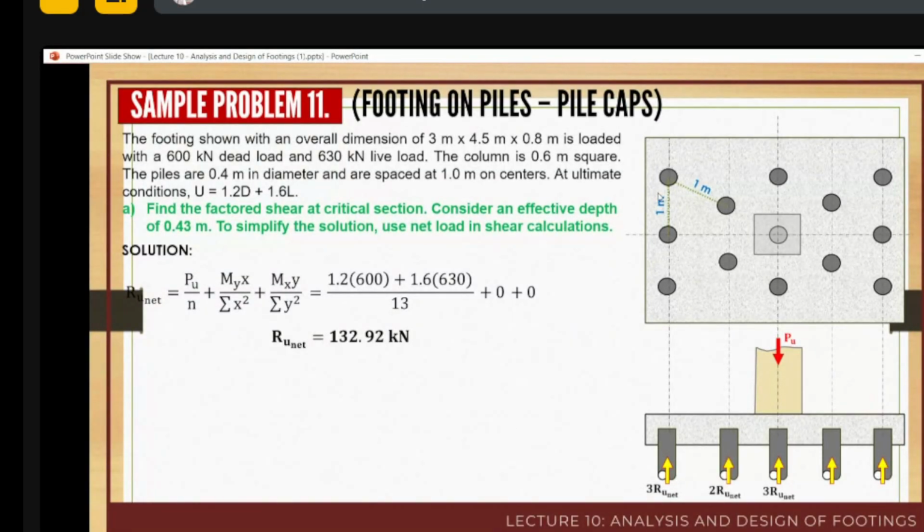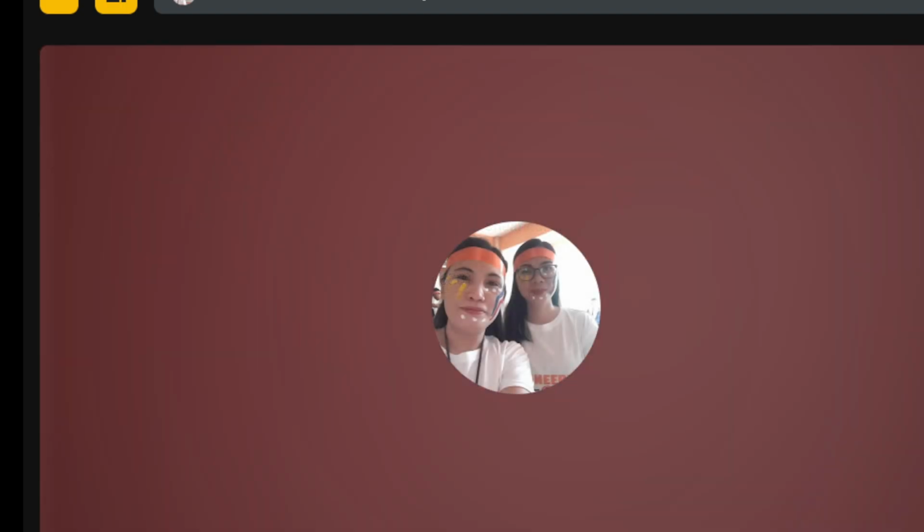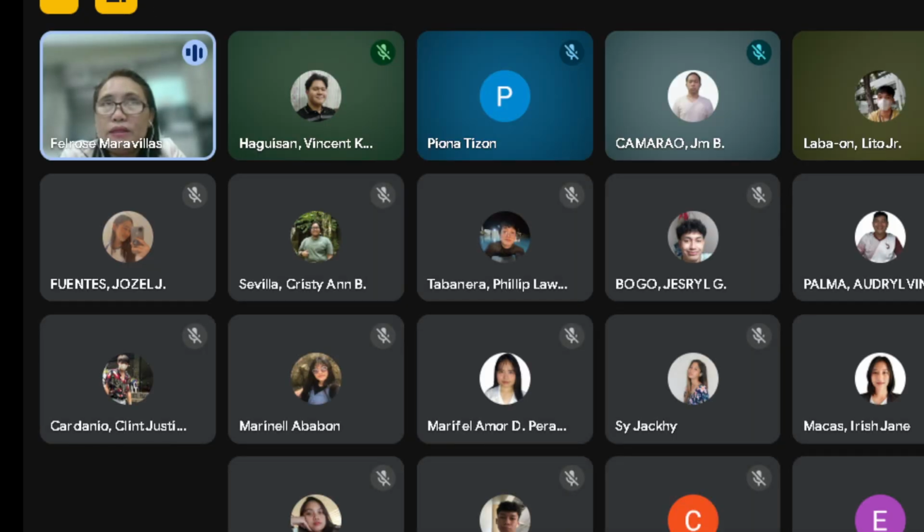So the PU, you divide by N, the number of piles. Similar examples are also given in the problem. Okay, so I think that would end the discussion for this morning, where we discussed the pile capacity,